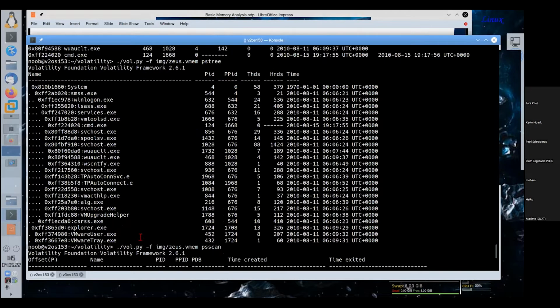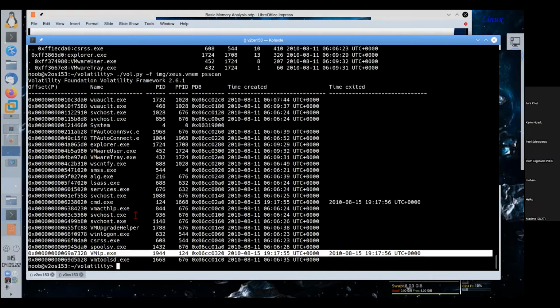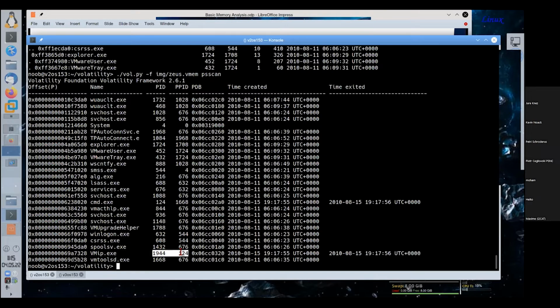with the process, and I see the VMIP is something I don't see here, but which has been stopping some time ago. So we can see that there has been one, and we can also see the process ID and also the parent process ID from which it was started. So that's a very nice thing to have when doing a process analysis, as we can even see dead things